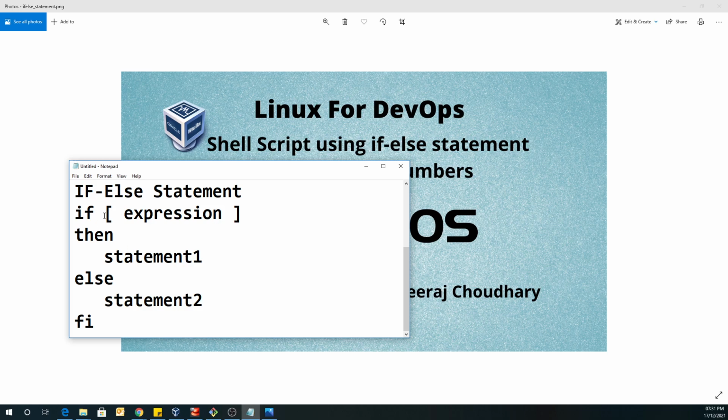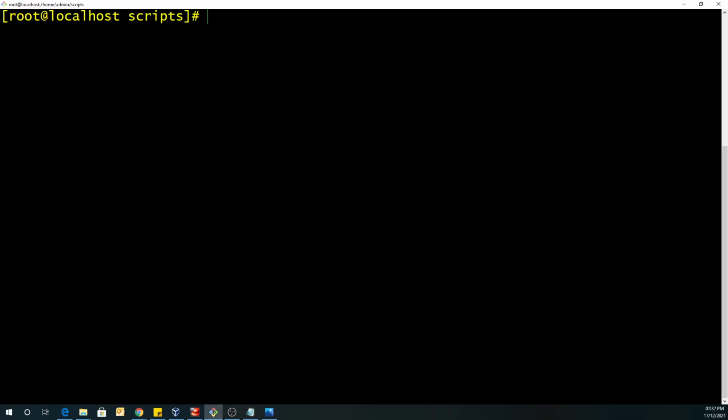Before we move ahead, let's first go through the if-else statement expression and indentation. In the if condition you have to give the expression that you want to compare or the operation you want to perform. After that you can print a statement, or use any action that you want to mention in the statement section. Then we use the else section, where we define another statement which runs when the if condition is not met. If the expression is true, it goes to the if statement, that is statement 1. If the expression is not true, it goes to else. Let's go ahead and see this in the terminal.